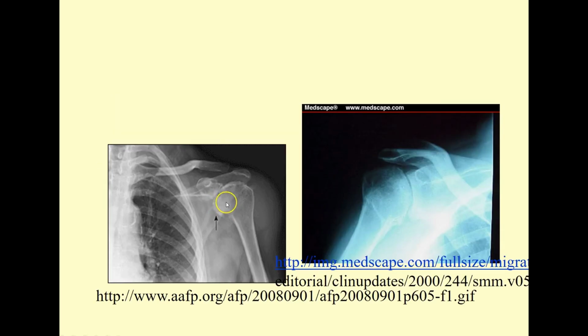Here we have, again, a pretty typical presentation. We've got subchondral sclerosis here. This person is not in the best position to identify joint spacing. That's called the Grassi position. Here is a properly positioned shoulder image where we have good recognition of the narrowed joint space, osteophyte right here,